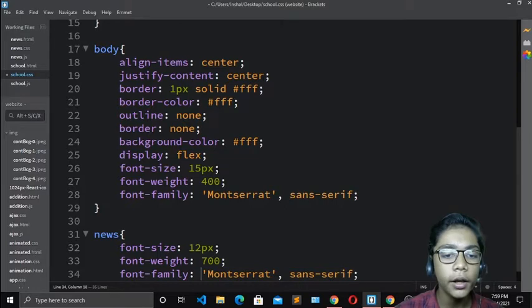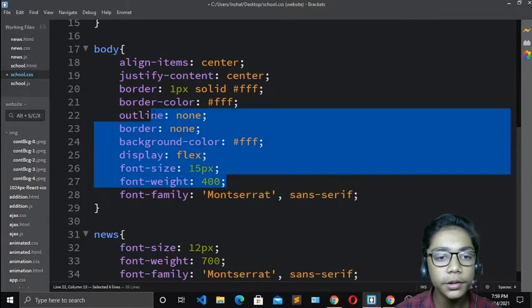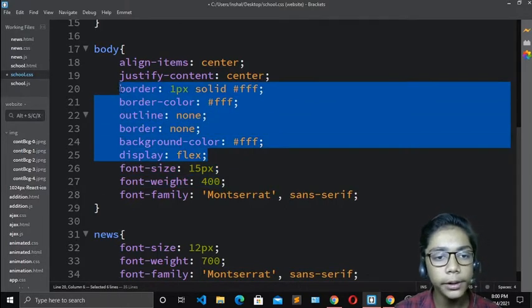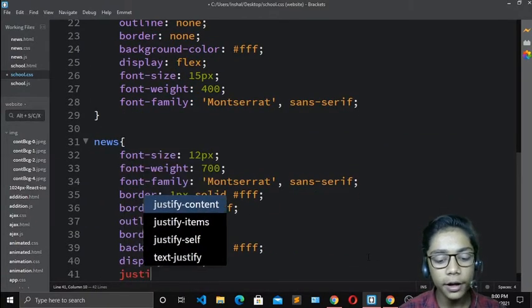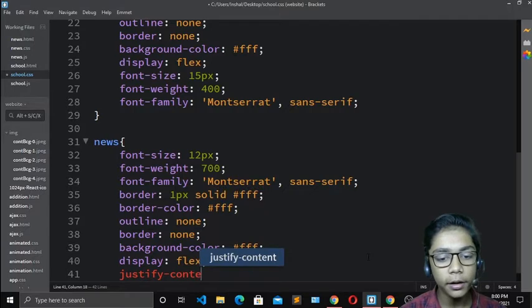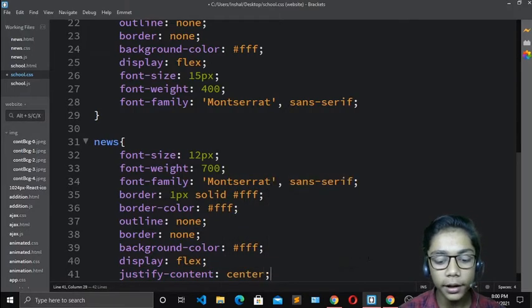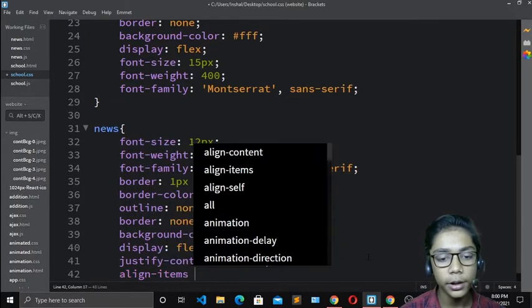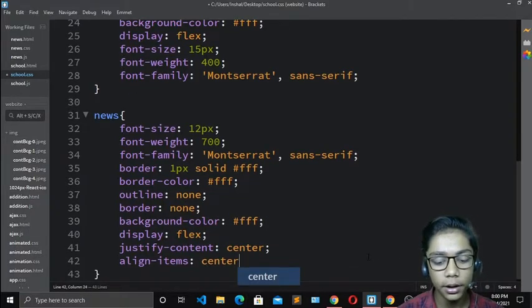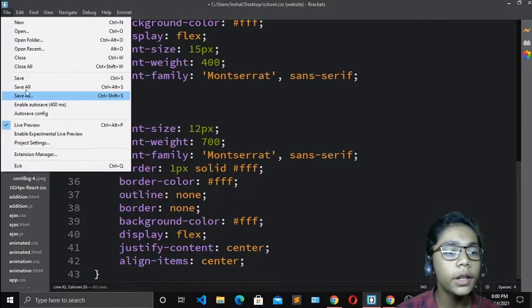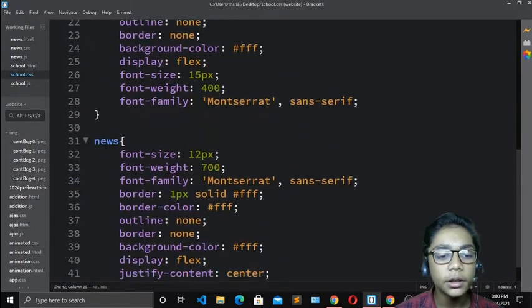When you've done that, you have to copy all these things which we have just written over here, okay? Because it will not be any waste of time. So I will paste that over here. Write justify content, which should be in center, okay? And right over here align items, which should also be in center. Now when you've done that, you have to do like that. So just press R, and now you have to do. When you've done that, hit save, and now your CSS work has also been done.